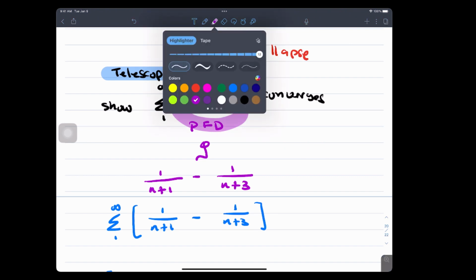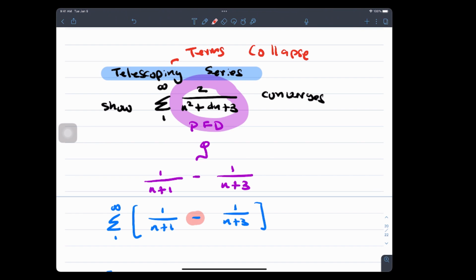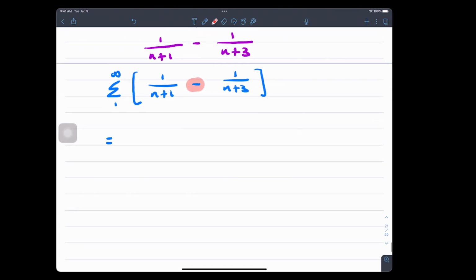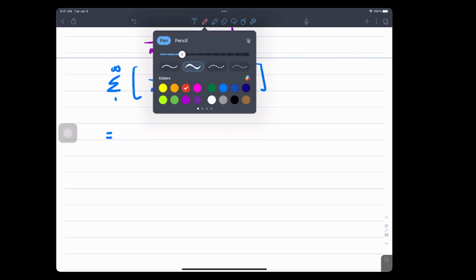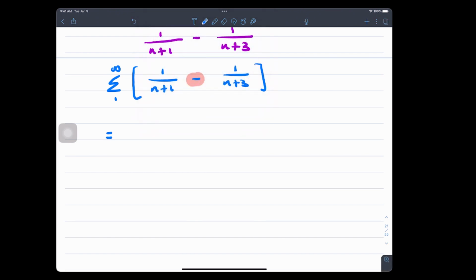And how they collapse is really based on the fact that there's going to be some subtraction of terms. Okay, just because you have subtraction doesn't mean everything collapses, but these are specially chosen questions, so that does happen. And then you might say, okay, well, how do we really look at this? Well, let's start to look at some of these terms here. We're going to have to eventually look at the sequence of partial sums. So we're gonna see what happens here. So I want you guys to note,